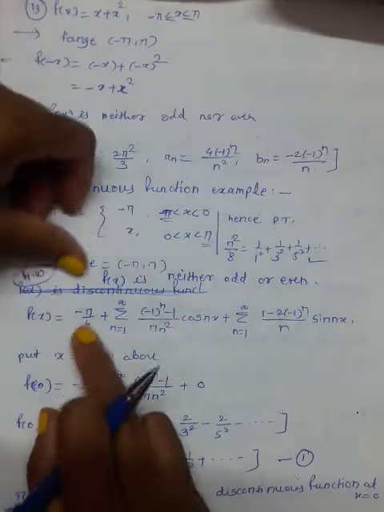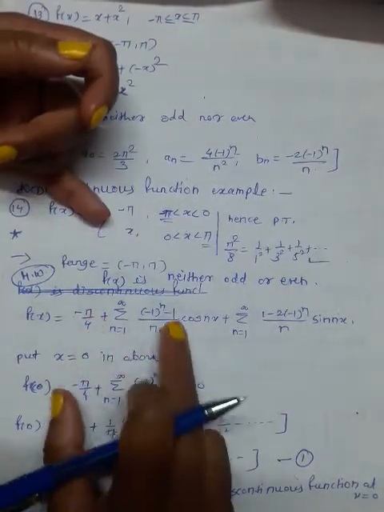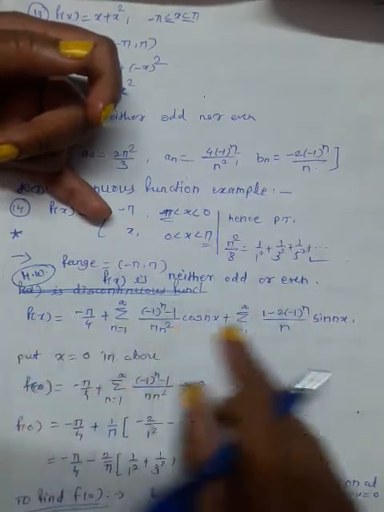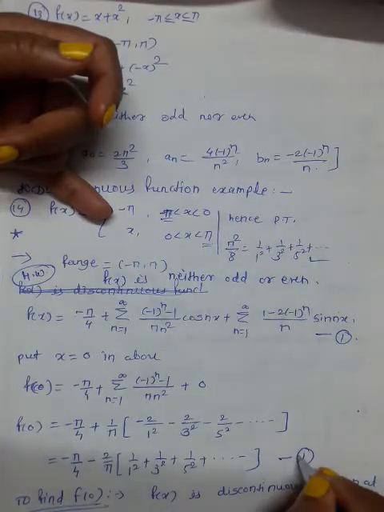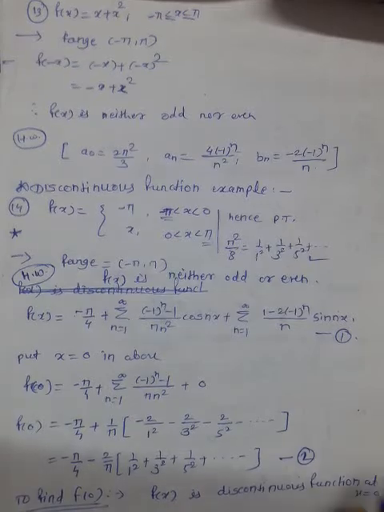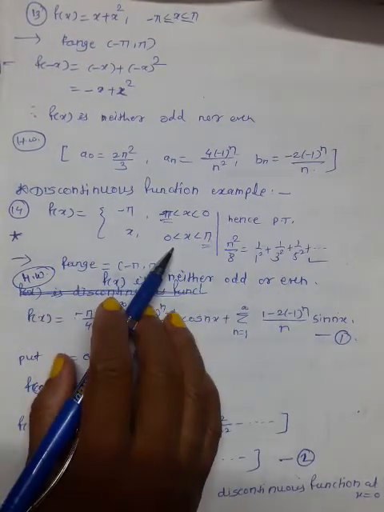This is a naught, which is minus pi by 2, so a naught by 2 is minus pi by 4. This is an, this is bn. This is the answer for the Fourier series, call that equation number 1. This you can do. Once we have solved the Fourier series for this function,